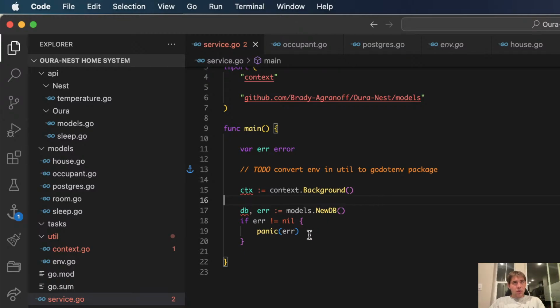Let's see. I'll say context equal to util.ContextWithDB. Hopefully this connects. For now, let's check and see if it doesn't like that.